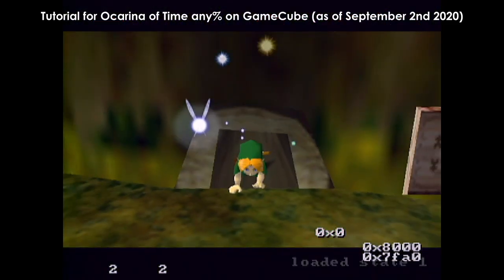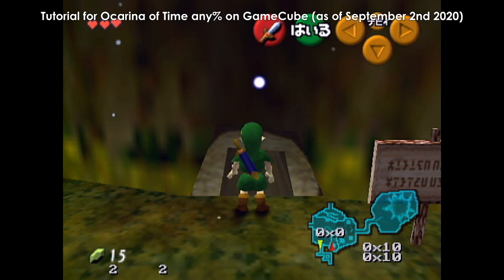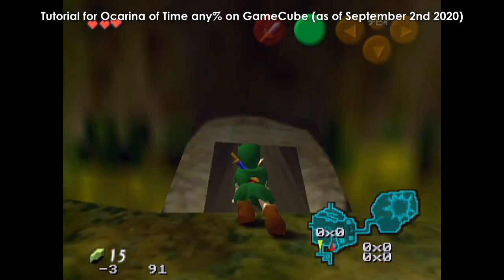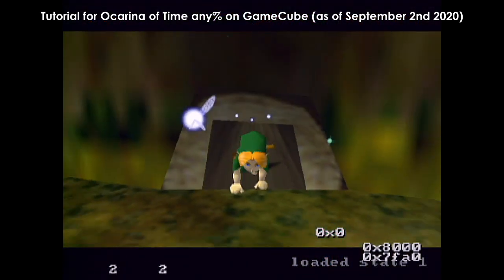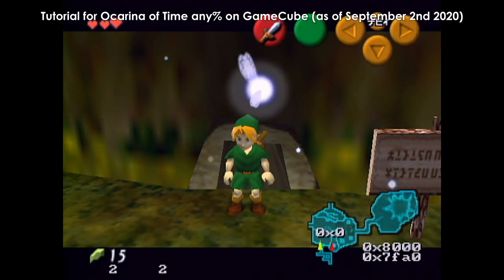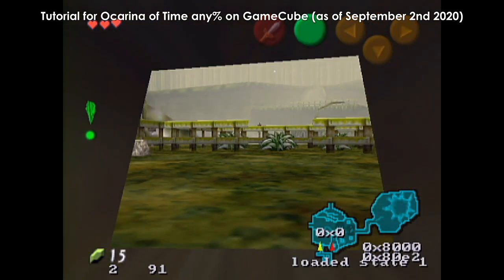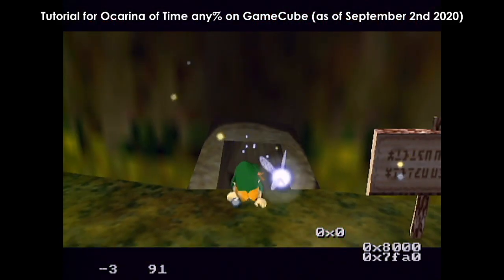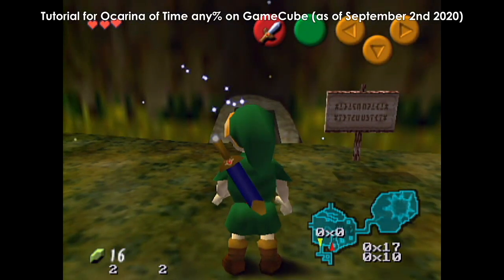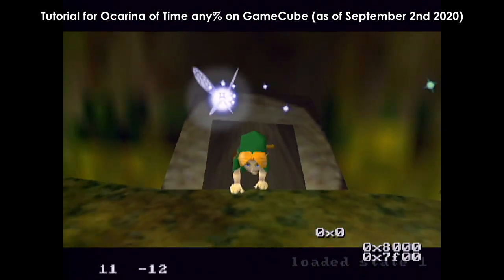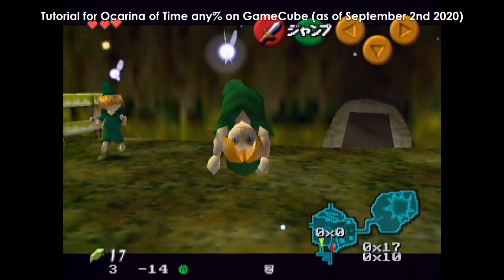And so something tricky to watch out for is if you hold up for too long out of the crawl space and you try to backflip, you will just enter the crawl space again. So you have to be careful with that timing. You can either flick up so you don't move and then backflip, or if you really want to push your time, you can buffer it by holding up and then time the down and A press. But if you're just starting out, you can just flick up and then do your backflip, side hop, backflip,